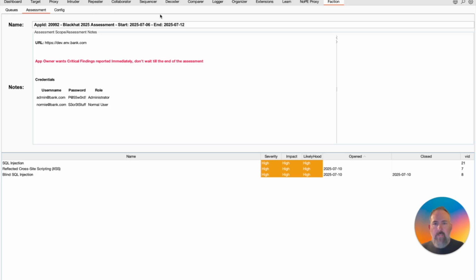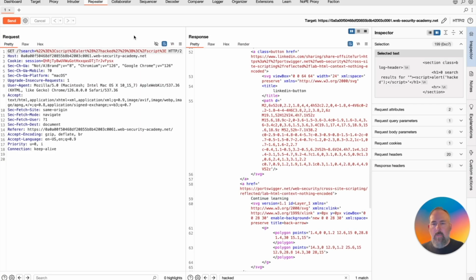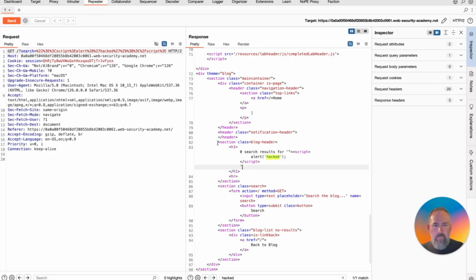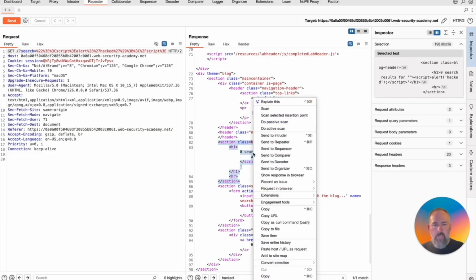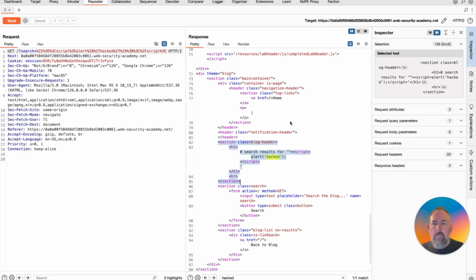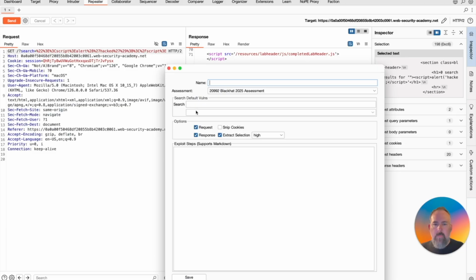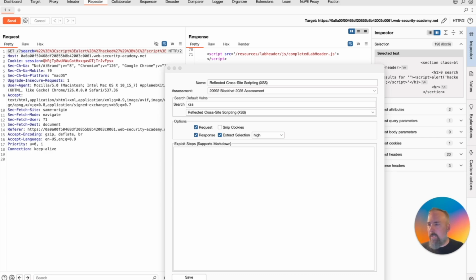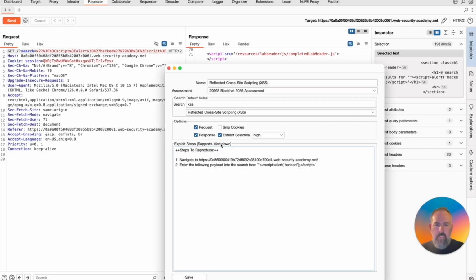You can also add findings directly through Faction. So let's say we have a cross-site scripting vulnerability here, and we've been able to fully exploit it so that it shows the script. So let's just go in and add this finding directly through Burp Suite. You have your templates available, so you can just search for reflected cross-site scripting, and it will populate all the different versions. Select that. Then let's go ahead and add our exploit steps, which the text box here supports Markdown